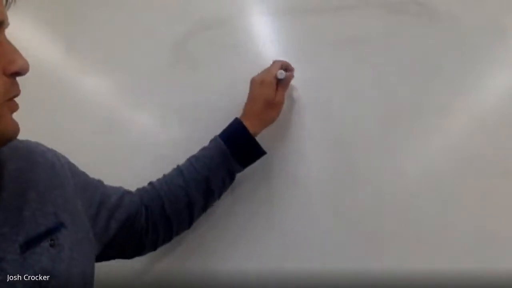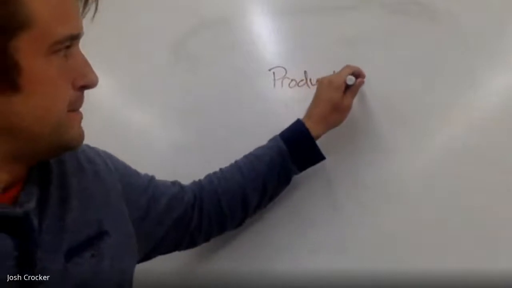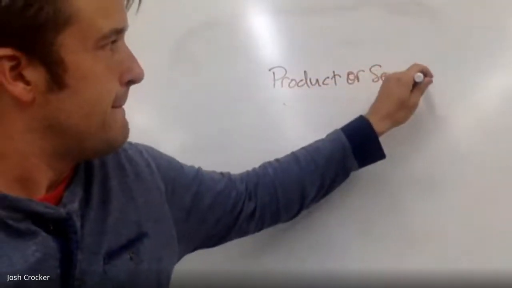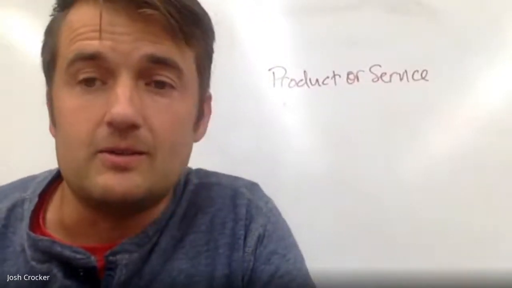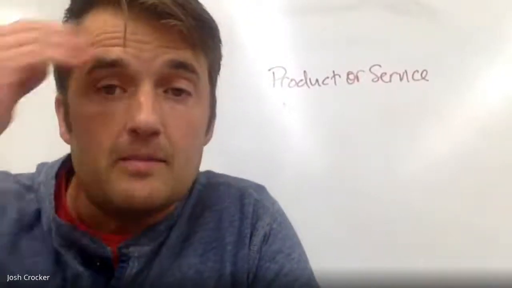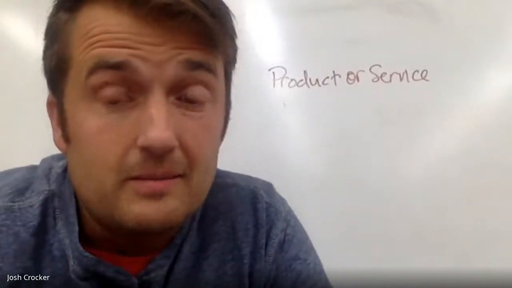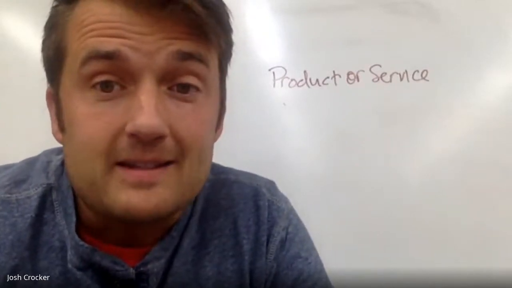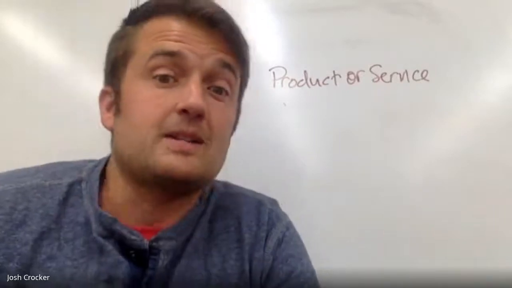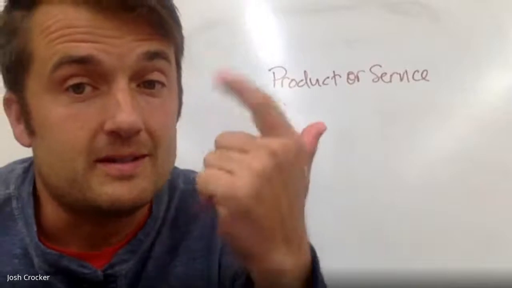Ready? Okay, your plan needs to include your product or service. So you could be starting a babysitting business. You could be mowing lawns. Maybe you are creating something that you are selling. Maybe it's art. Maybe it's sewing. Maybe you're sewing masks and selling them, baking something. Okay, so you need a product or a service that you're going to produce and sell.